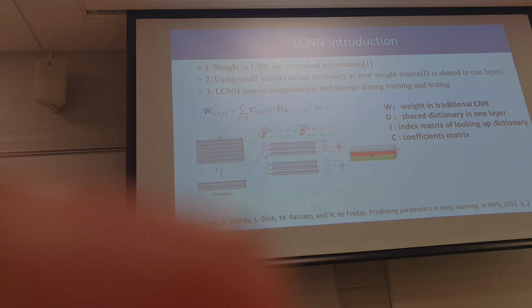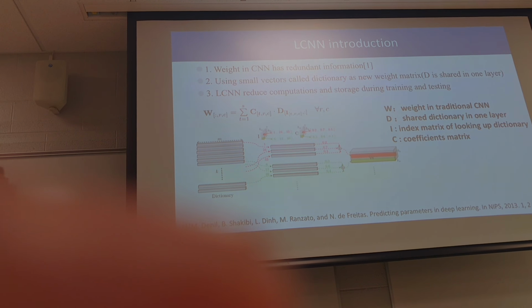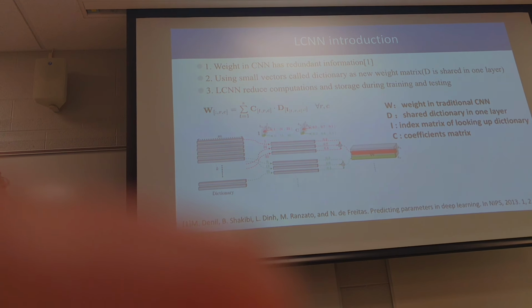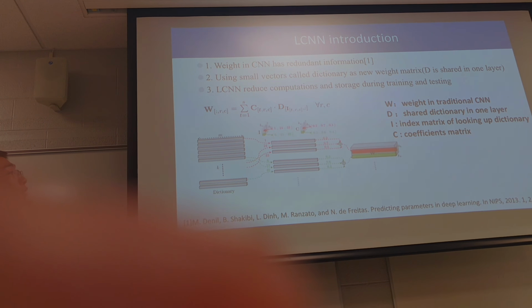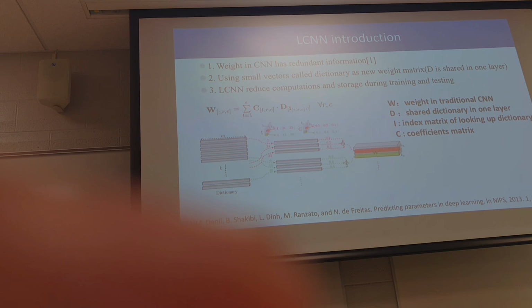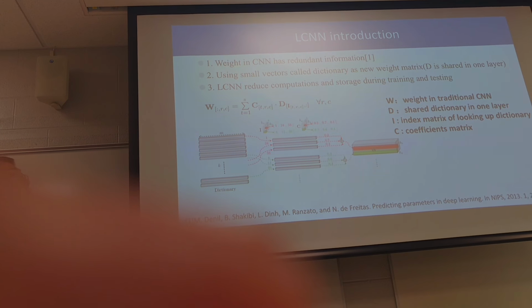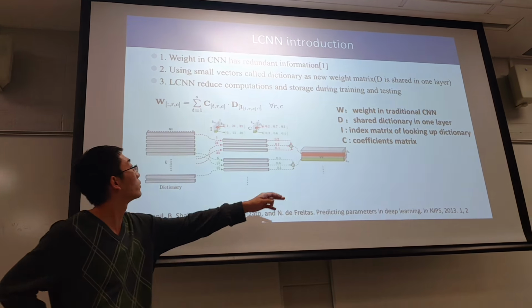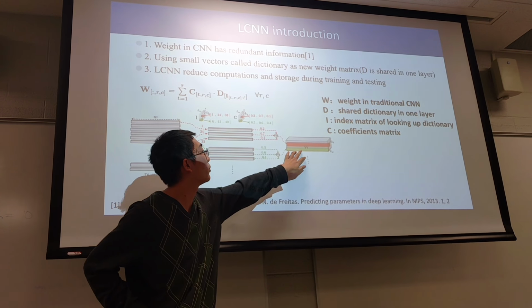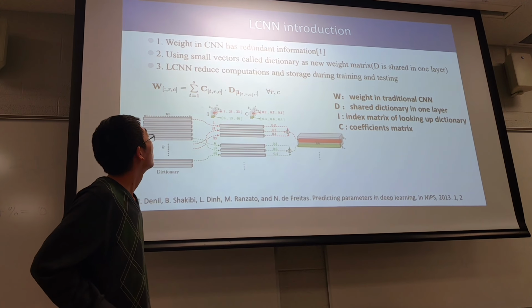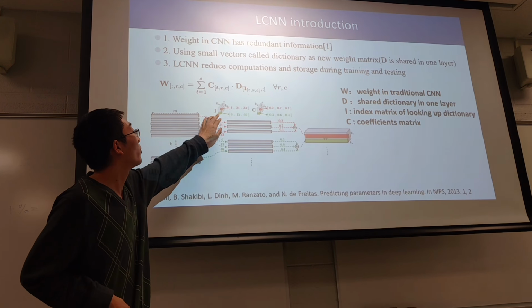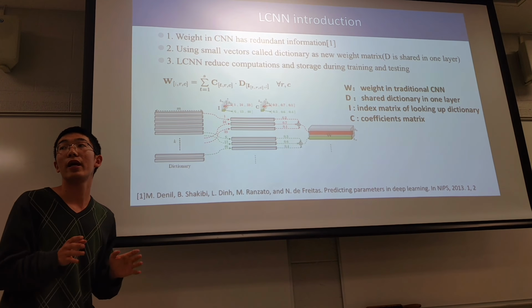Let me show you how the LCN works. W represents the width of the CNN. In order to compute one column of weight, the only thing you need to do is look up the same position of the index matrix,